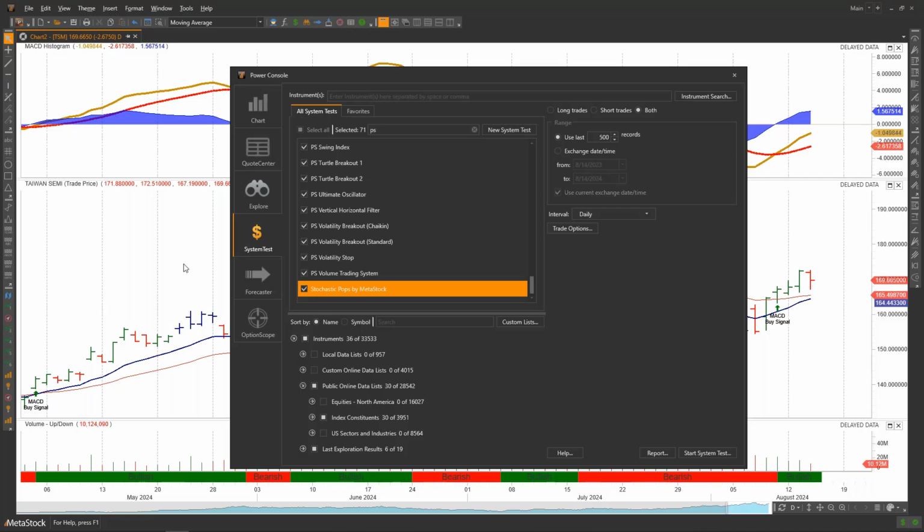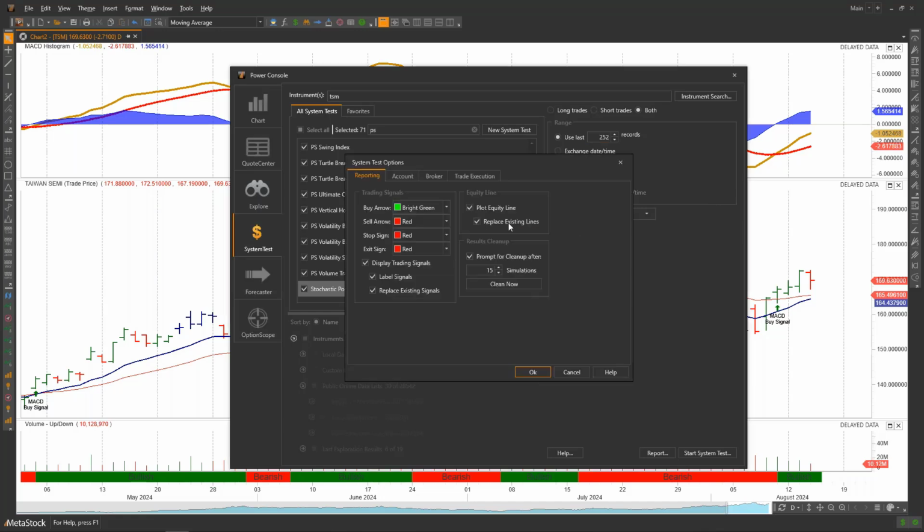Okay, so I'm going to go ahead and we'll start this. I'm going to throw in the instrument TSM up here, and we'll just test TSM. And we're going to go back. I'm going to go back just to limit the time that it takes to run through the test. I'm going to go back about 252 periods, which is about a year.